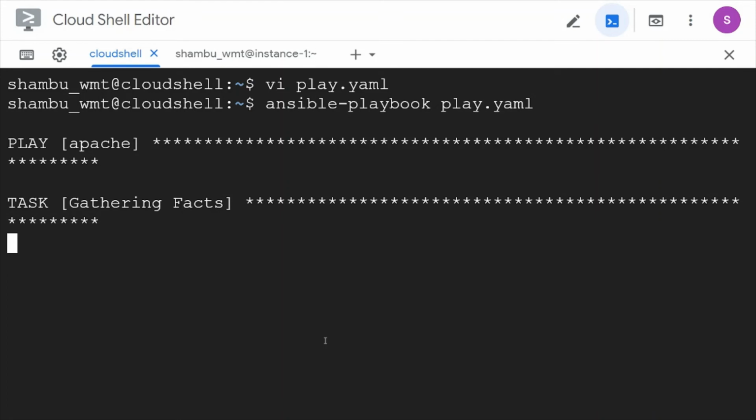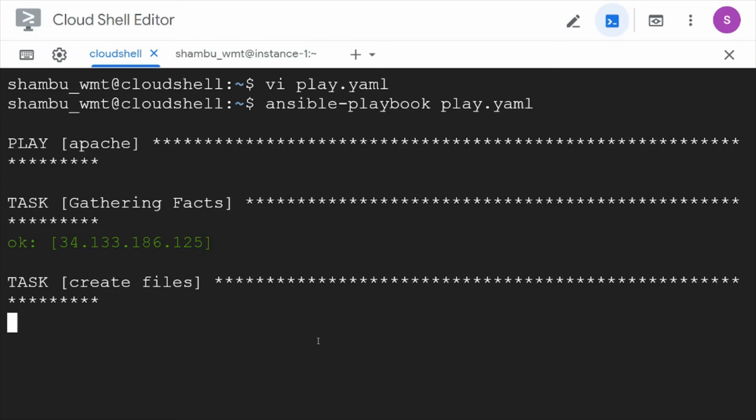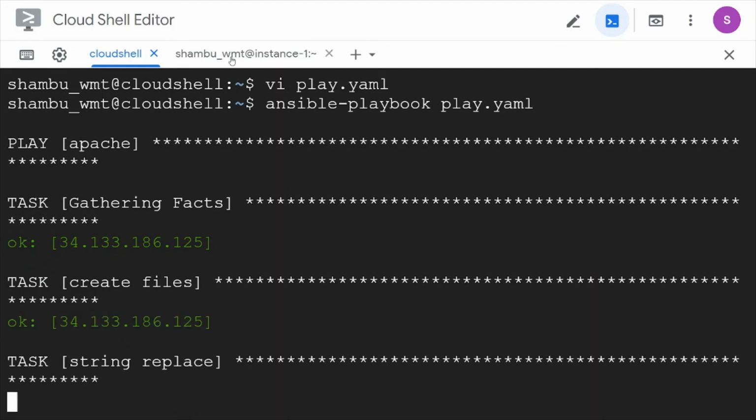So it is executing the playbook. It's gathering the facts, and it is creating the files, and it is doing the string replacement.